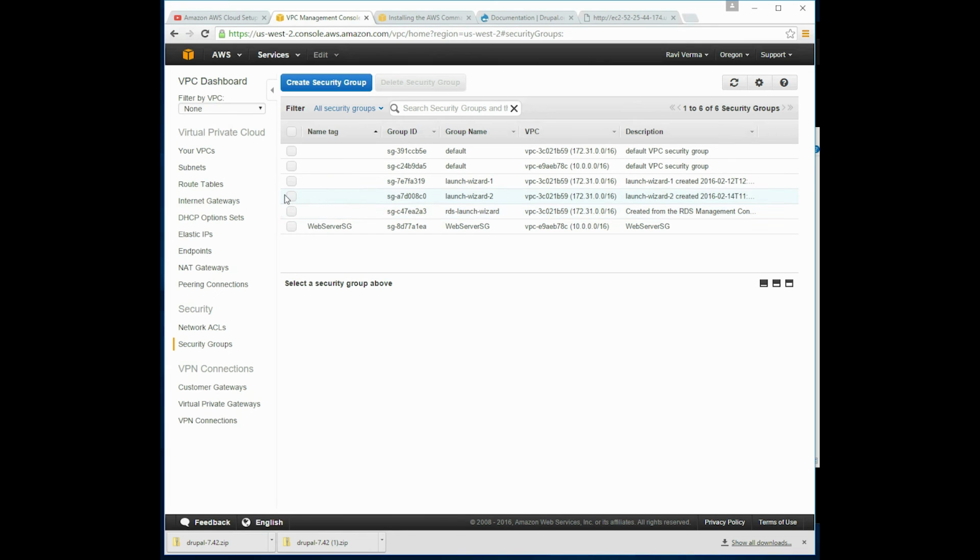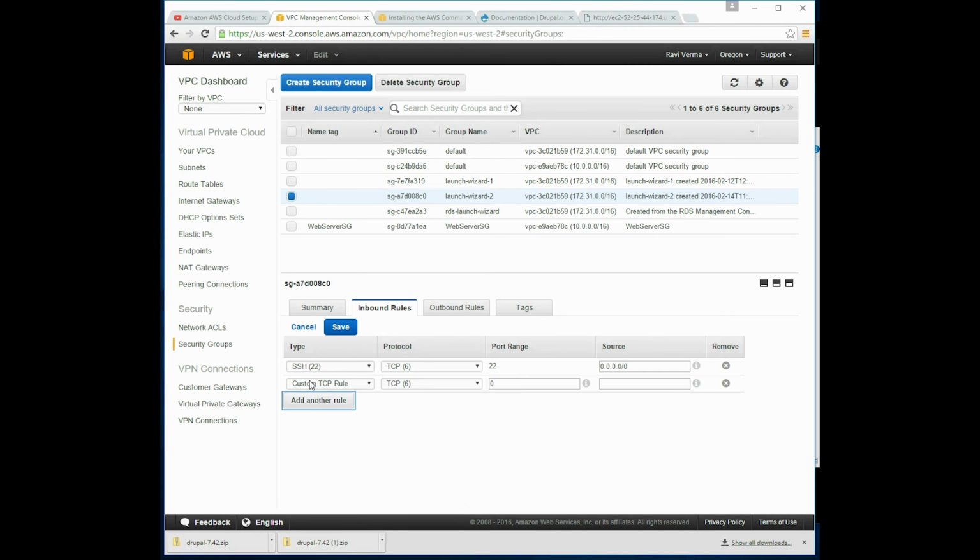So this launch 2 is controlling my EC2 instance. So I go to inbound rules and you see that there's a rule for SSH, but there's no rule for port 80, which is the port for HTTP. So I click on edit